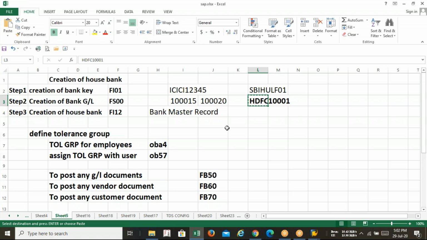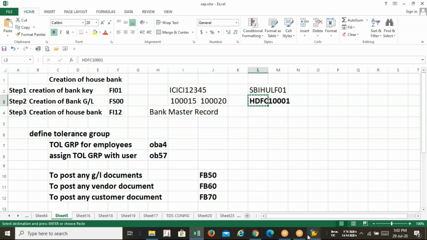In invoice posting, the vendor is getting credited. So until and unless your vendor is getting credited, to whom are you going to make the payment? If you are going to make the payment, there must be a person who will be accepting your payment. So that's why you have to create first. What you are supposed to create? You have to create your P2P configuration.